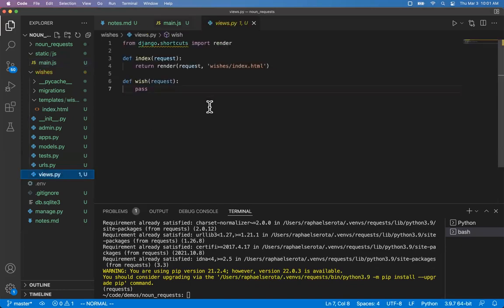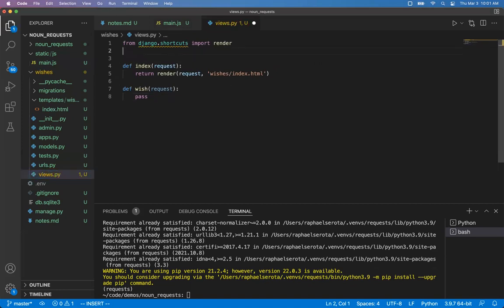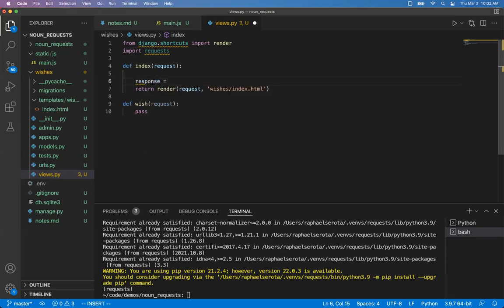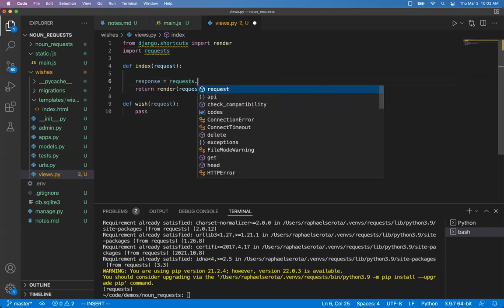And over in my views, import requests, and then from the index, I'm going to send a request to that same API. Say response equals requests.get